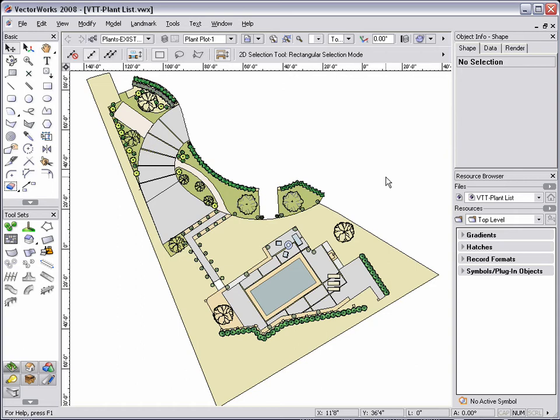By default, either when creating a plant list or using one of the predefined plant lists from the Vectorworks default library, all plants in the document are displayed in the resulting plant list. While this is very useful, sometimes users may need to only display certain subcategories of plants from all the plants in any given document. One of the most common questions we receive is how to display only certain types of